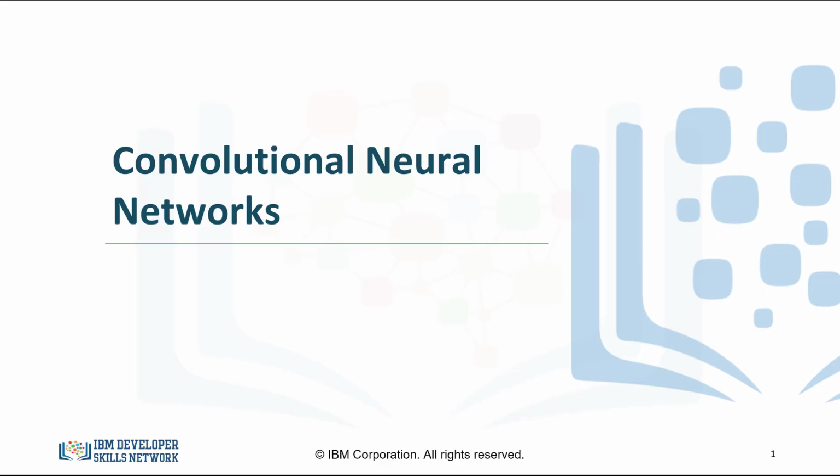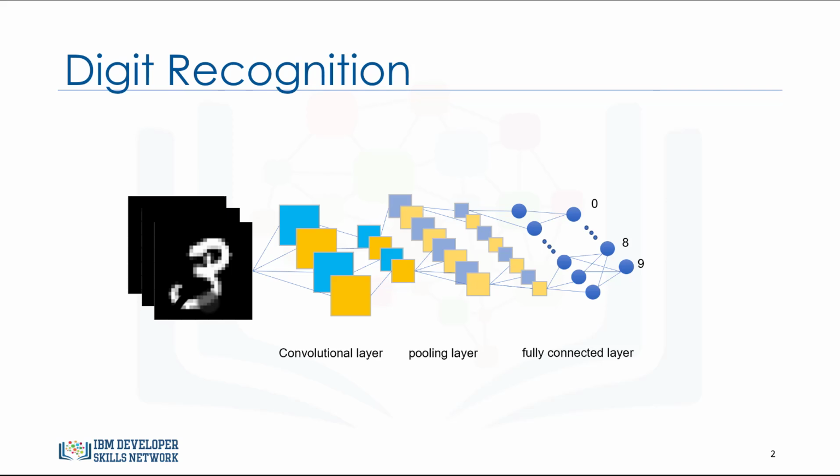Hello and welcome! In this video, we'll be examining the architecture of the convolutional neural network model. As previously mentioned, CNN is a type of neural network empowered with some specific hidden layers, including the convolutional layer, the pooling layer, and the fully connected layer. Let's start with the first layer, the convolutional layer.